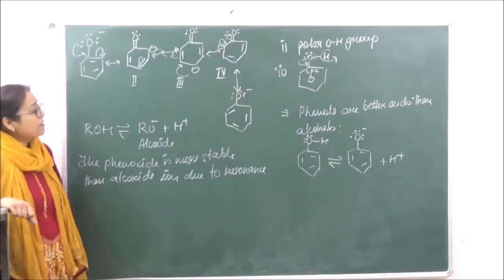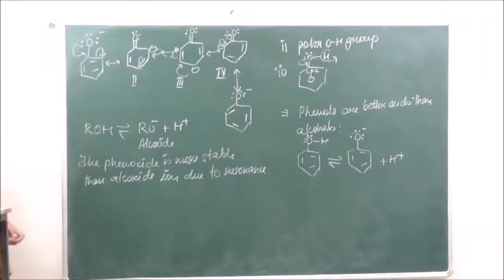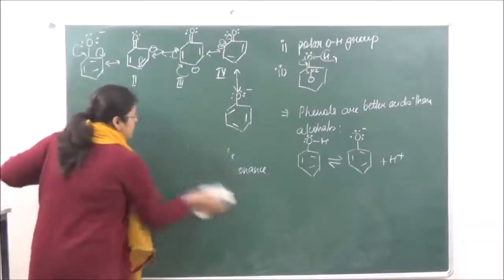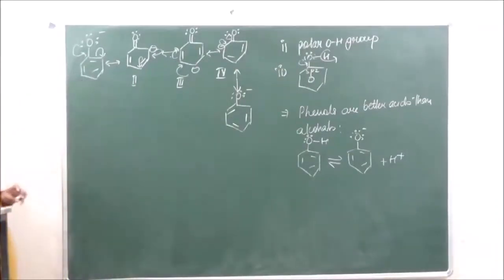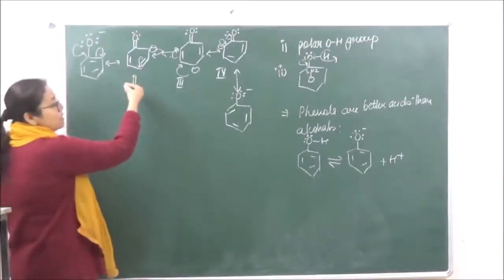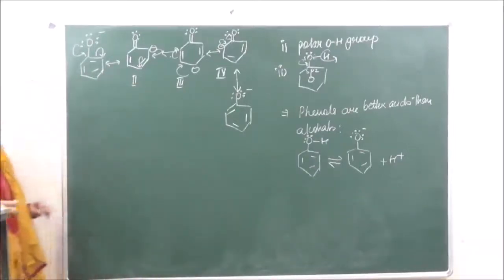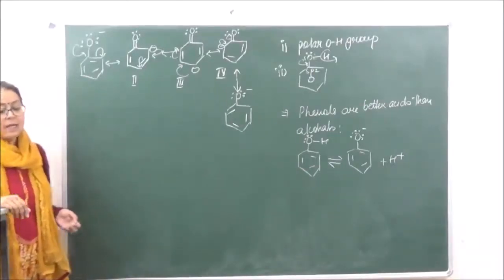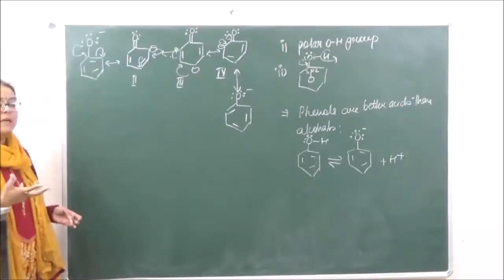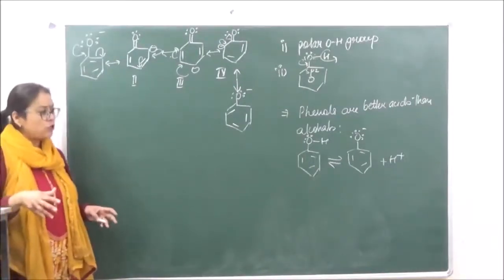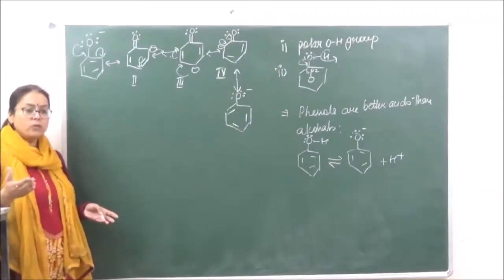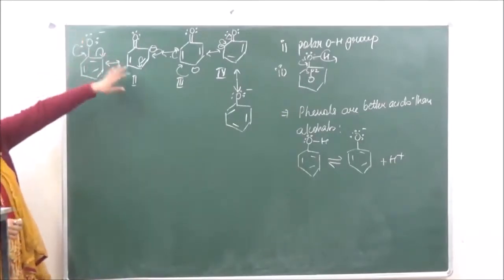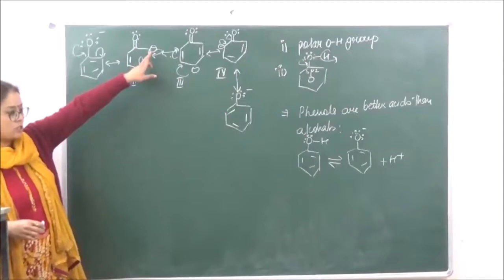Right? Now what will happen if there are substituents present on the ring? What is going to be the effect? So let's see, if there are substituents apart from the phenolic group, other substituents which are present on the ring, how they are going to affect the acidic character. Now what will happen? You know that there are two types of substituents: one which is an electron withdrawing group and the other which is an electron donating group. If it is an electron withdrawing group, then what will it do? It is going to disperse this negative charge.